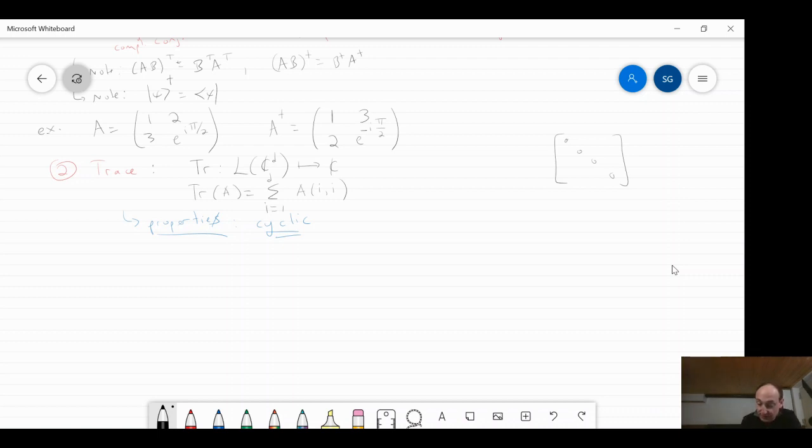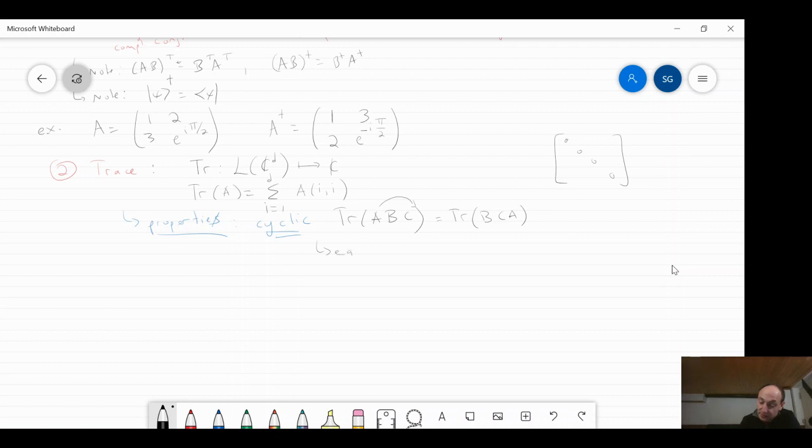It says basically the following: if I take the product of any three matrices, trace of ABC, then I can just cycle things around. If I want, I can bring this A to the end. So only the first one can go to the end. Let me just write down the formula, and then you could apply the formula in any way you like, of course. Okay, so this is the formula, and based on this, you can do what you like.